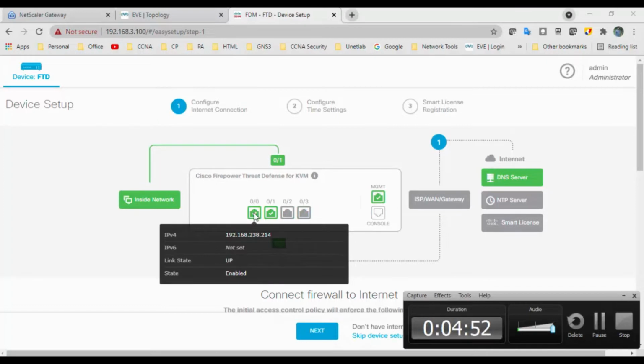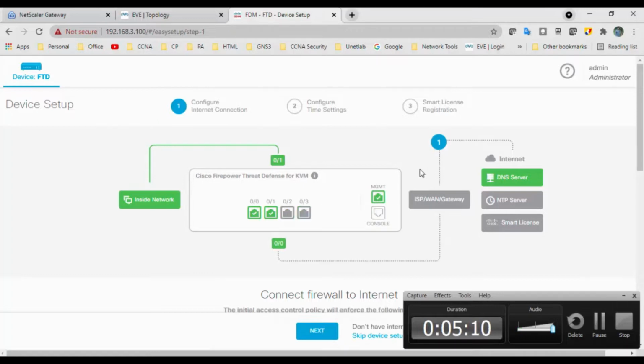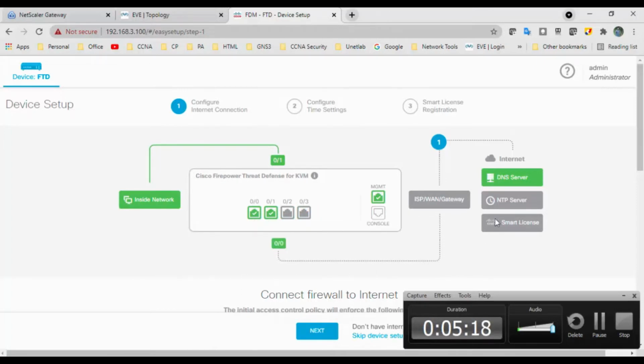Interface 0/0 is connected to outside with IPv4 192.168.238.214, and this one is 45.1, the default management 0/1, and this is the management interface, which is configured as 192.168.3.100. This is the inside network, 0/1 is connected to inside and 0/0 is connected to outside, and you can see the internet.